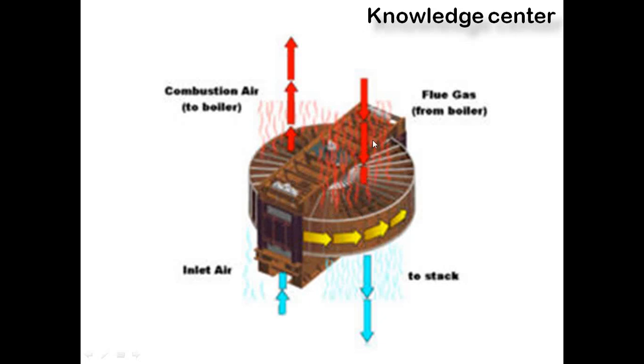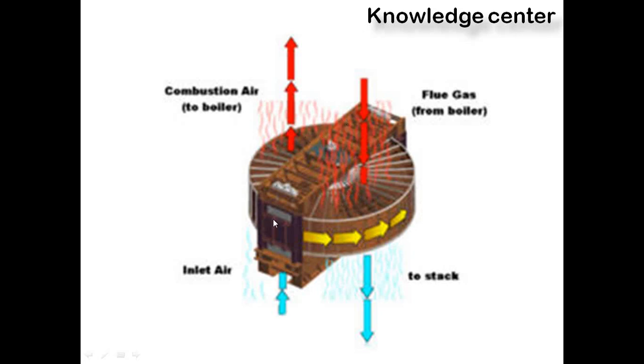Gas component means we get flue gas here from the boiler. Look at this flue gas, it is in red color, which means it is hot. So when flue gas passes through this chamber or this component, these are the rotors. This is rotating, and as it rotates, it will take up this flue gas. It is rotating in this direction here, so it will take the flue gas from this zone to this